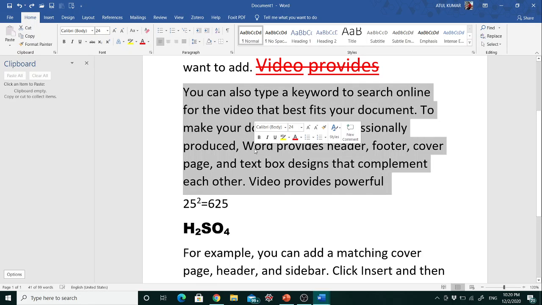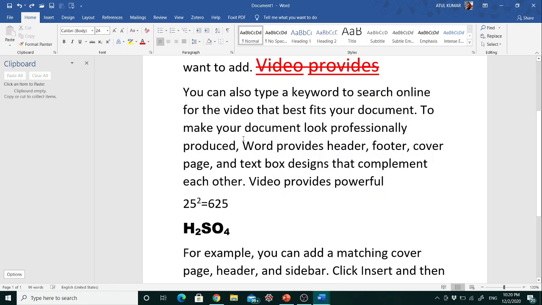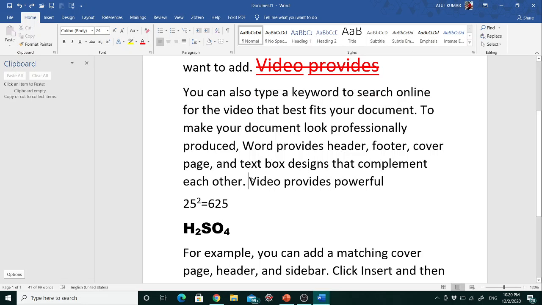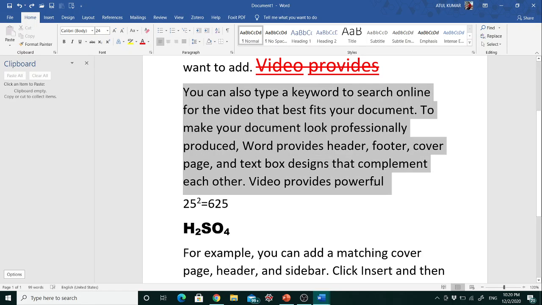There are different kinds of options. First, just triple click anywhere in the paragraph and it will select the whole paragraph. The second option you can use is the drag option. Just drag all over the paragraph to select it, and after selecting the paragraph, just go to this option, change case, and there the first option is sentence case. So if you select this option, then your paragraph is in sentence case.